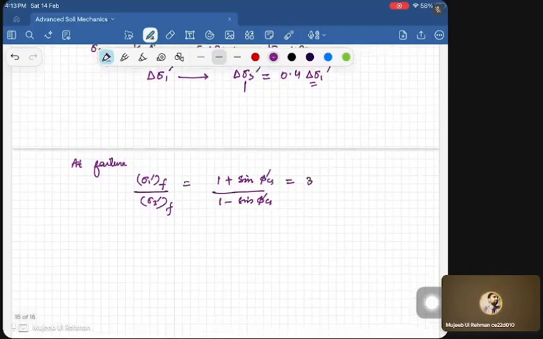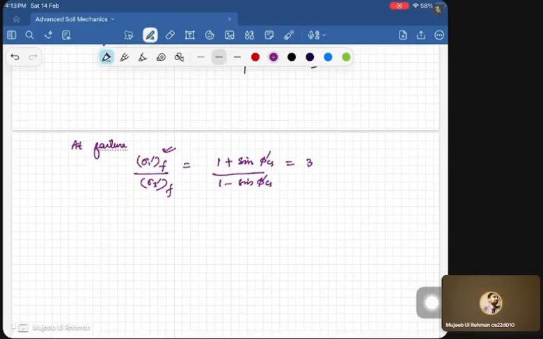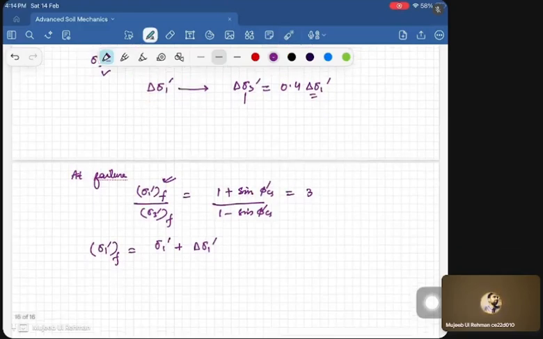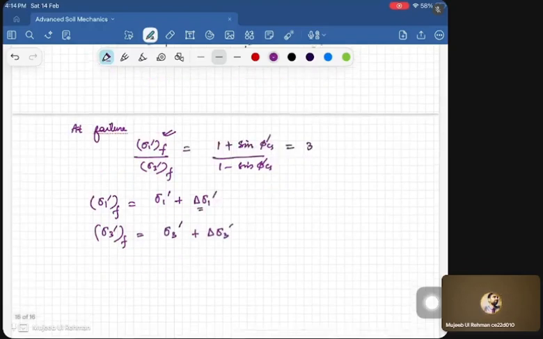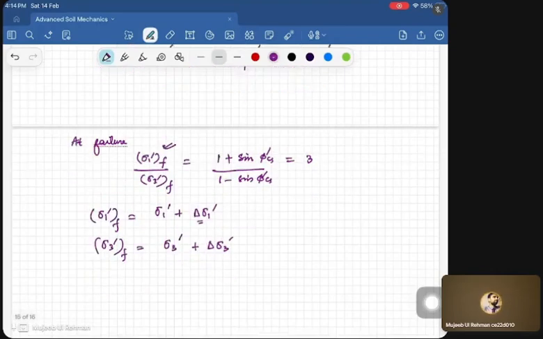Now, another thing is there. Can we determine this sigma 1 dash at failure? It's equivalent to initial sigma 1 dash plus delta sigma 1 dash. Correct, because this delta sigma 1 dash has brought the soil to a failure state. Also sigma 3 dash f is equivalent to the initial lateral stress plus the change delta sigma 3 due to delta sigma 1. Now this delta sigma 3 has been given; it has been told that it is equivalent to 0.4 times delta sigma 1. So we will write sigma 3 dash plus 0.4 times